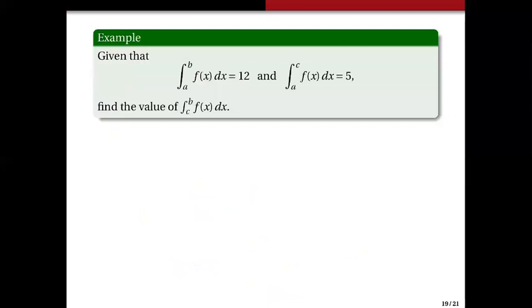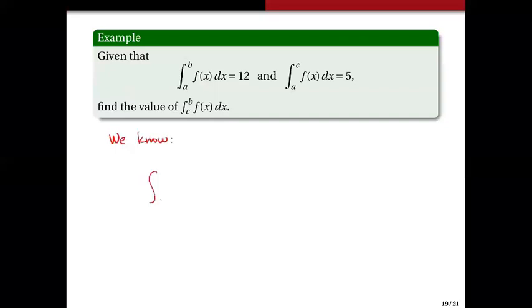Another example here. Given that the integral of f of x dx from a to b equals 12, and the integral of f of x dx from a to c equals 5, find the value of the integral from c to b of f of x dx. Okay? This is what we know. So we know